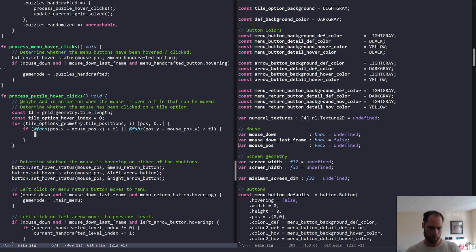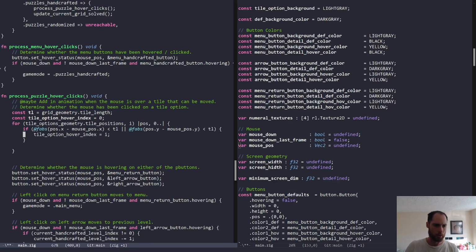We're starting this from 0. So now we want to say tile option hover index is equal to I. And then, so now what do we want to do? What does this thing say? Do that one. So then we are going to do